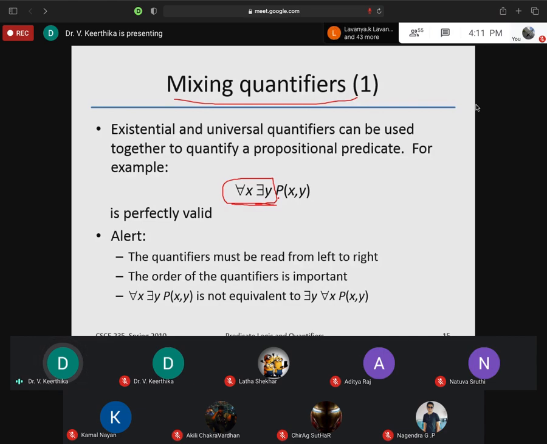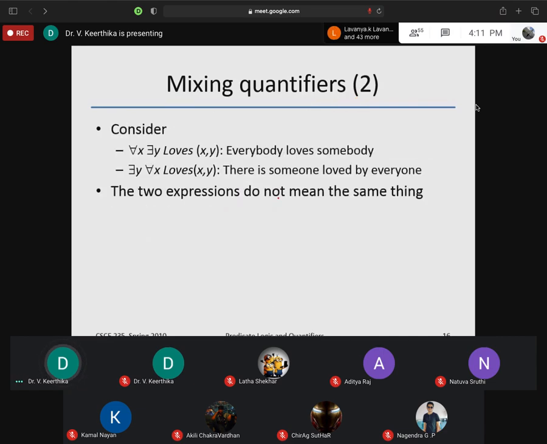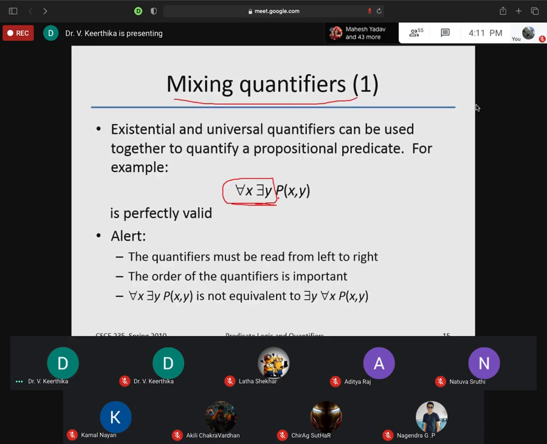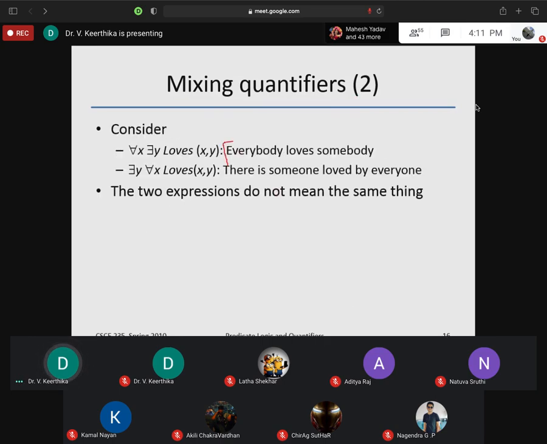We'll see the examples. With the examples, you can understand what it is. So mixing of quantifiers: for all, for some. Just read this statement: everybody loves somebody. You cannot give this statement using only one quantifier or only one variable, so you need two quantifiers and two variables. Everybody is x, it loves y, that is somebody.